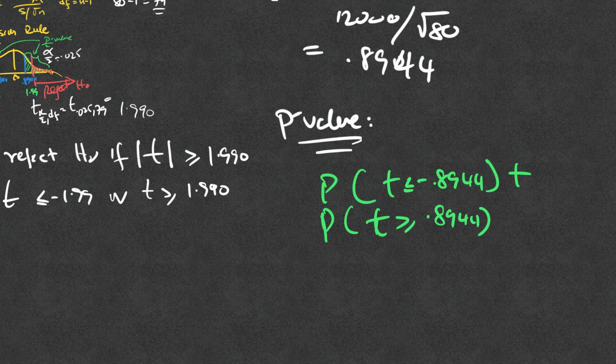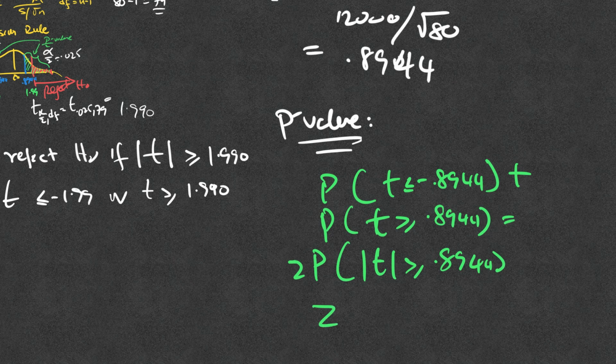It's in both tails. Or I could just do this, which is the same thing as p, the absolute value of t, greater than 0.8944. But I must multiply it by 2, because there are two of them. So that would be 2 times,